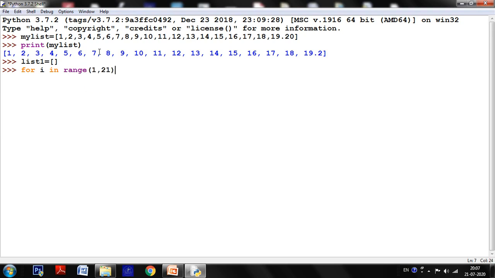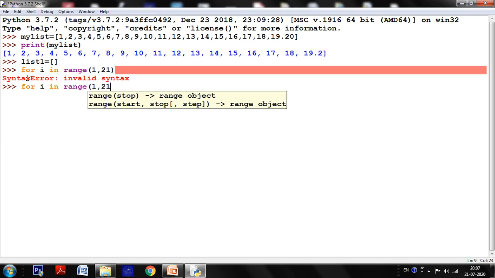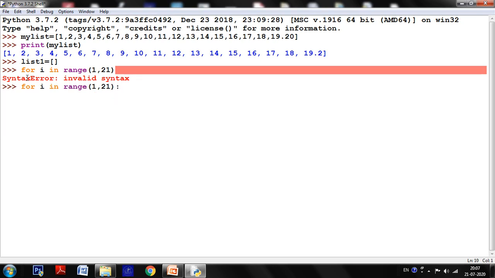Maximum value I can reach is 20. It is showing a syntax error because I have to give a colon here. Once again, for I in range 1 to 21,